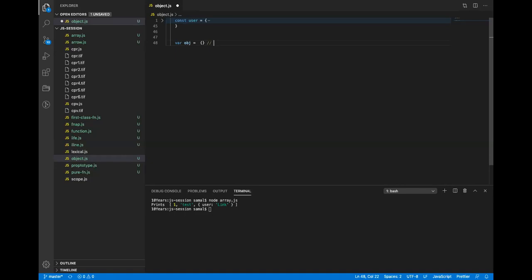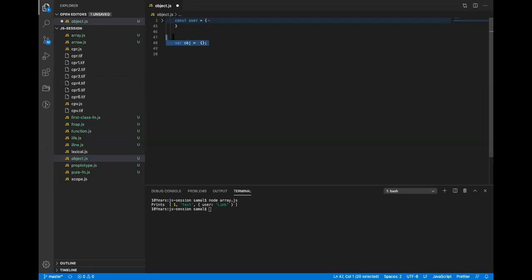Second way, other way: new Object. Object keyword. Then you can use new Object, and you can use Object.create. These are the ways you can create an object. But by default we use literal notation, because we want a singleton, we don't want to create an instance of another object, we just use a singleton instance method, right?